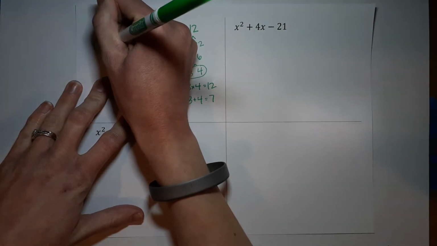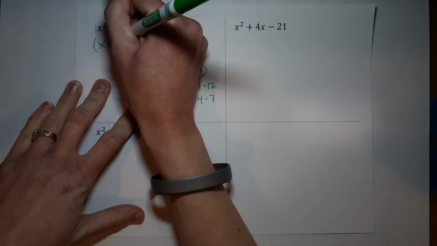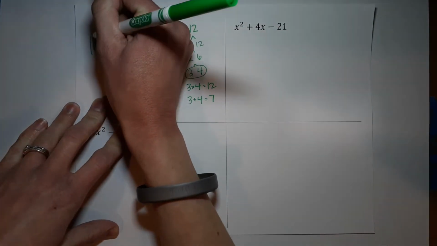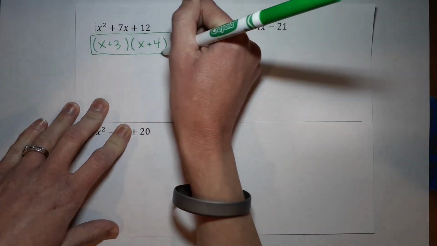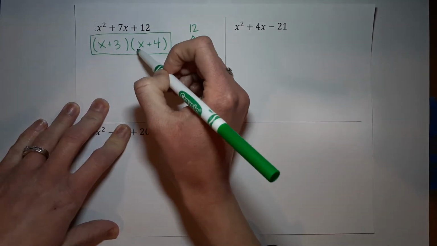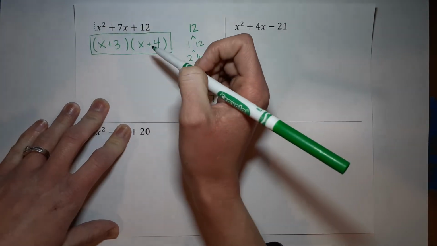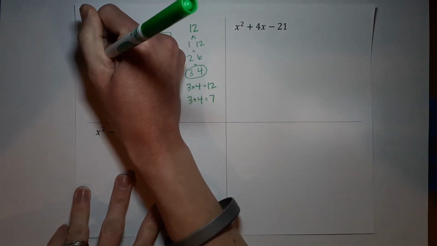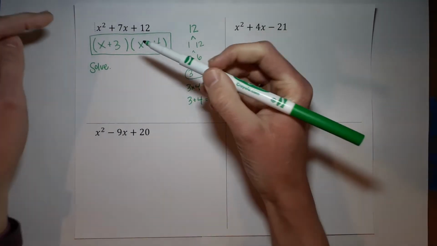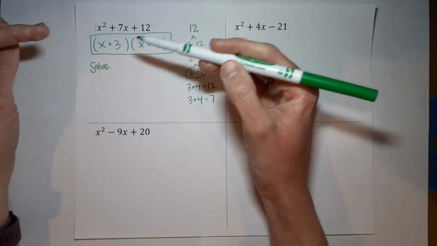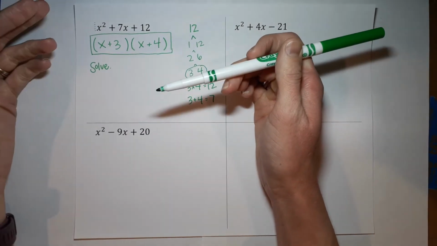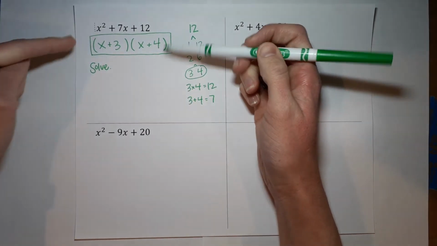guess what? This is all you have to do. X plus 3, x plus 4. And those are the two parentheses that multiply to give you that. You can always check, make sure you're right, by just multiplying those back and make sure you get that. Okay? Now, if you are asked to solve, there's one more step. Okay? If you were just asked to factor, you're done. Congratulations. If you were asked to solve or solve by factoring, really simple to get from here to solve,